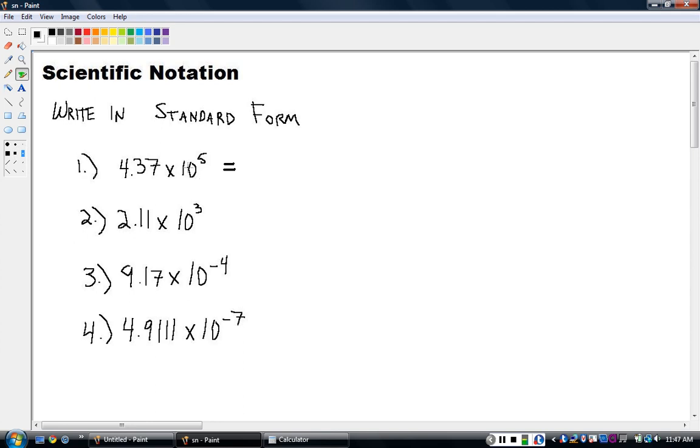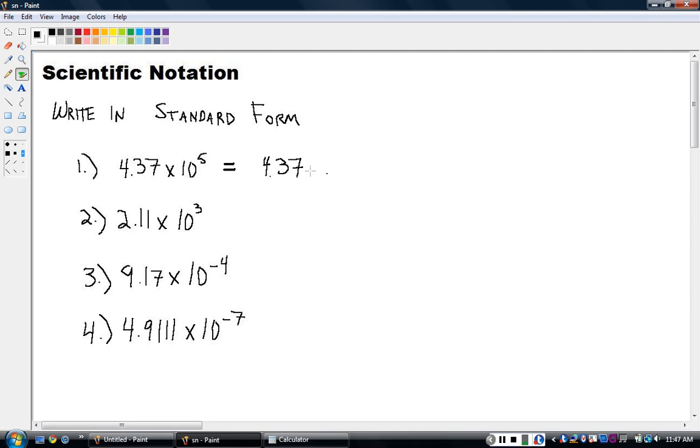Now remember, this means 4.37 times 10 to the 5th, that's 10 times 10 times 10 times 10. But every time you multiply a number by 10, it moves the decimal place, right? For example, 4.37 times 10 is 43.7. So basically, when you multiply by a power of 10, you just move your decimal point. So that's all we got to do with these. These are easy. So 4.37